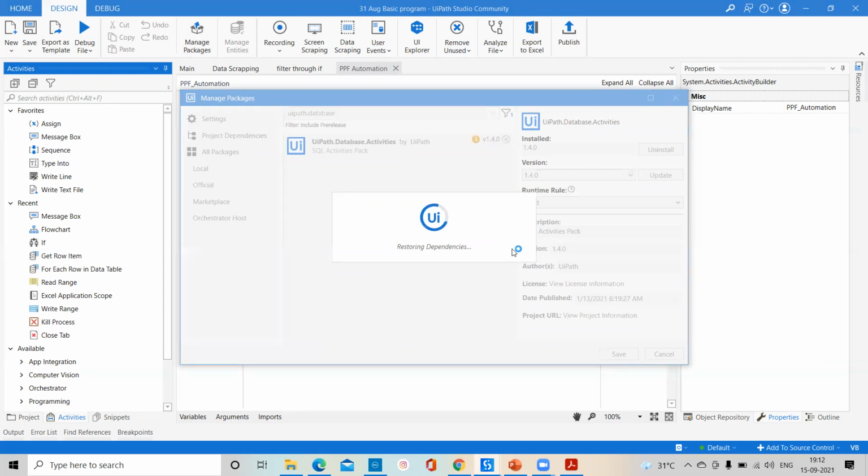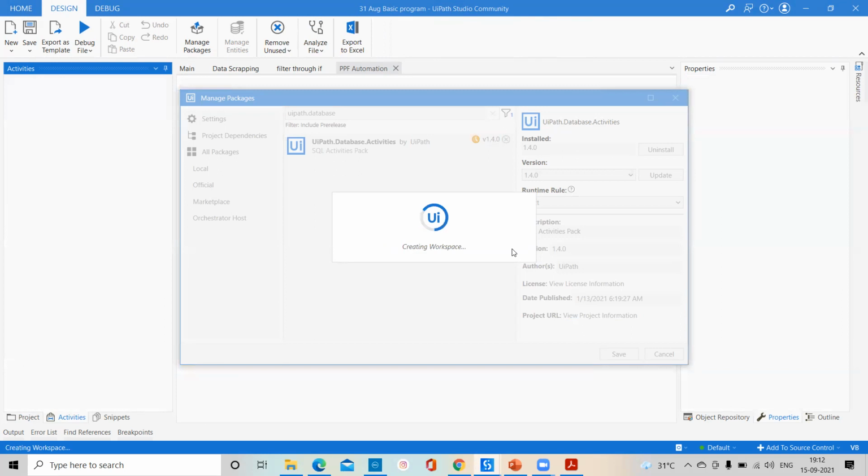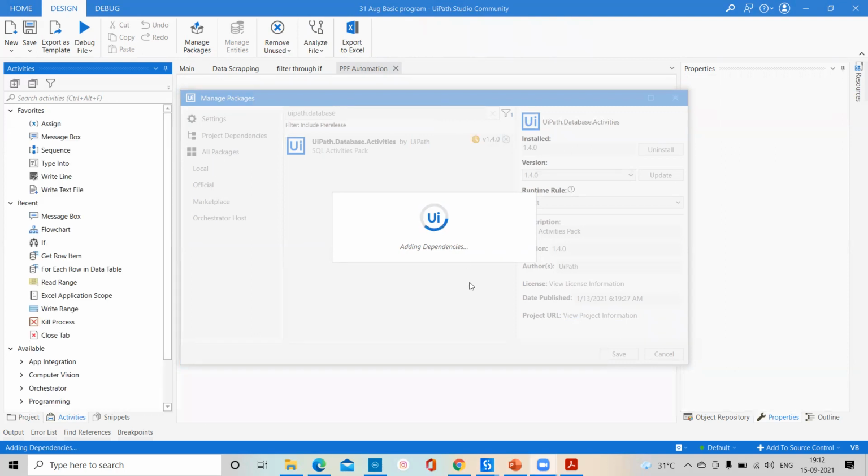It will take about 30 seconds to install everything and it will appear in the dependencies panel. Sometimes if it doesn't appear in dependencies, you have to simply refresh. It will take 30 seconds to a maximum of 1 minute.